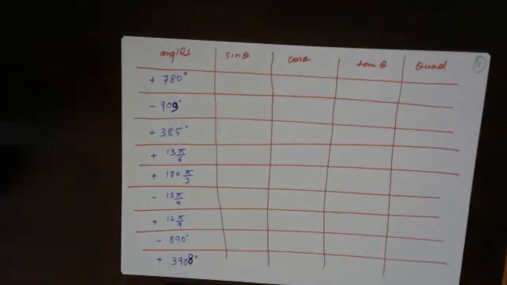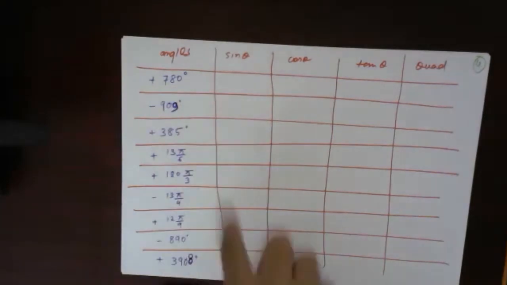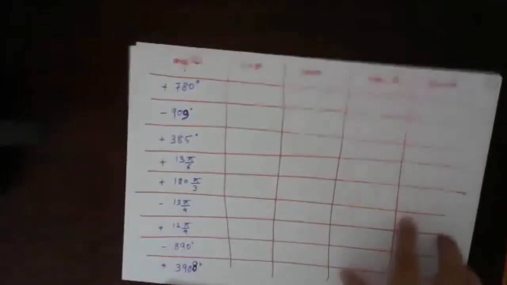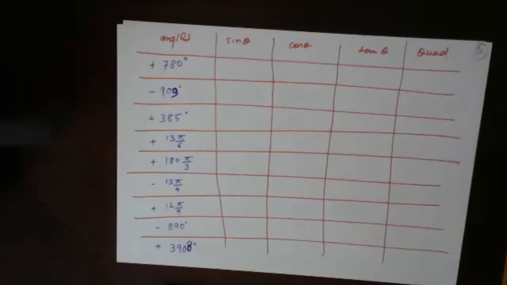I will talk about it, Yuvraj. Just wait. When the angle is exactly on the x and y axis, what will we say? Just wait. First, find the quadrant of this one. I will explain that part also. Just finding the quadrant is important. Find the quadrant in which it is lying, and then our job is done.